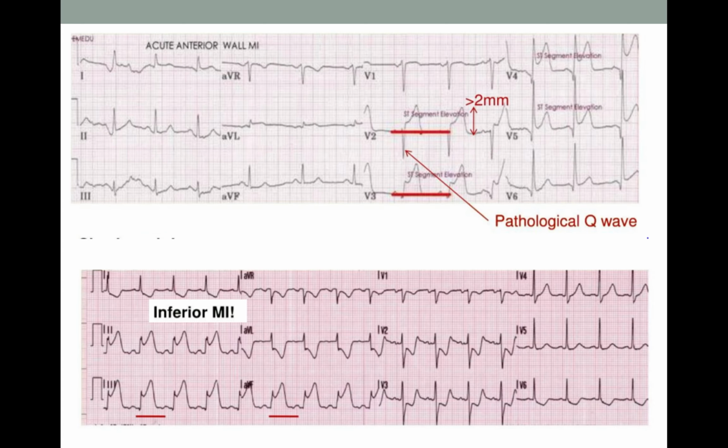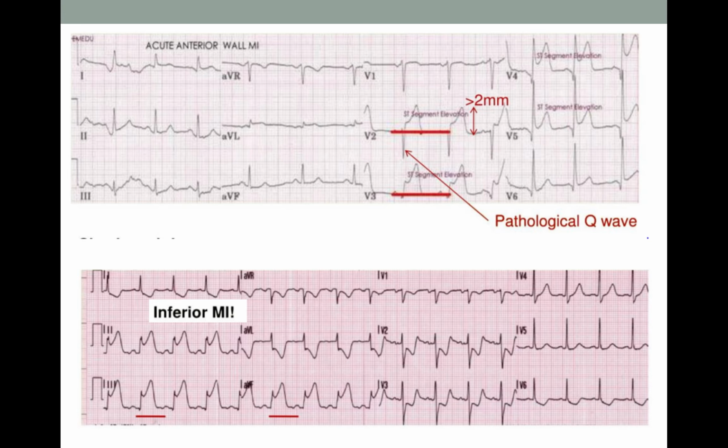So these are a few ECG strips just to show you all how you diagnose. First, on STEMI, we see the first one, according to the definition just now, where there would be more than 1 mm in 2 contiguous leads, except for V2, V3, where there's more than 2 mm in 2 contiguous leads, as well as pathological Q wave. You all can see the arrow there and the red line, which shows that it's more than 2 mm above the J point, as well as a pathological Q wave. A pathological Q wave means the Q wave is more than 1 small square deep. So here it's way more than 1 small square lah.